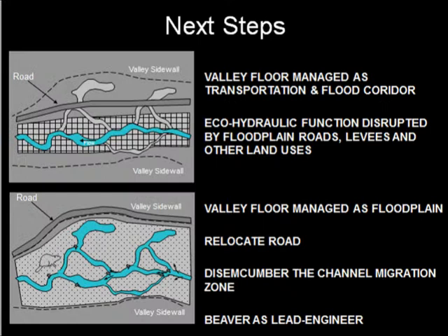So our next steps: we have a very willing landowner. They're going to let us start moving floodplain roads up onto the valley sidewall so we can start to engage the entire valley floor. What we're looking at doing is working at the downstream end of the perennial flow zone, where flow goes subsurface in the summer, and encouraging beaver through the application of post-assisted debris racks and log jams to increase the groundwater storage and hopefully promote a longer duration of surface flow.